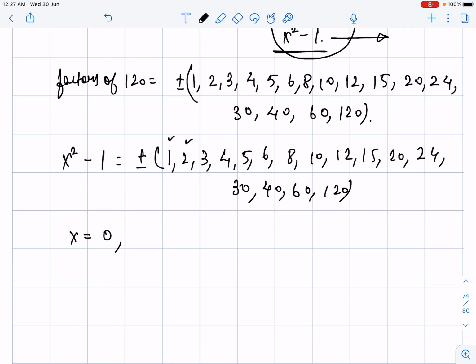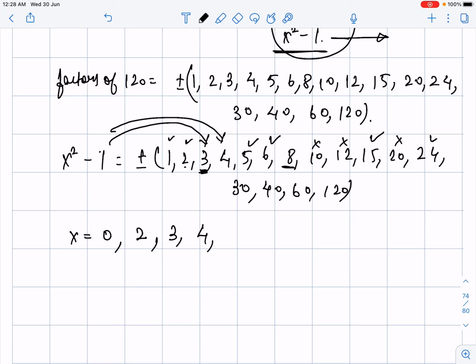So then we'll take plus quantities only. Here it is becoming 3, which is not a perfect square. Here it is becoming 4, which is a perfect square. So the value of x will be 2 over here, my dear students, because of this x square minus 1 as 3 I have taken. Now can I take it as 4? I cannot take it as 4 because then 5 will be the value. I want it to be a perfect square. Here also I cannot take, but this one I can take. So the value of x over here will be 3. This I cannot take, this one I can take. So the value of x here will be 4.